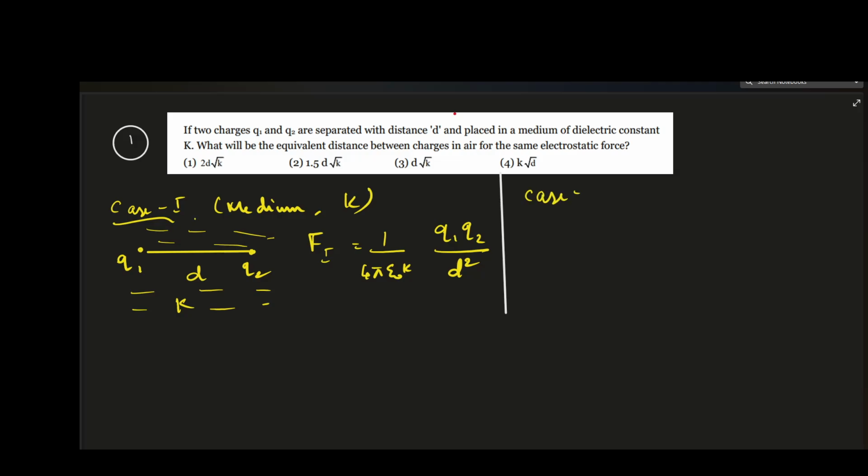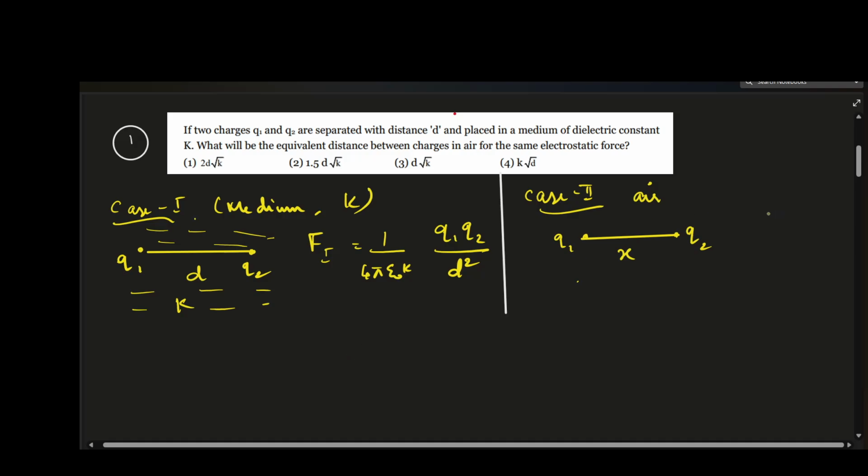Now in case 2, which is in air, we have the same two charges Q1 and Q2. The condition given here is that the force which is acting between the two charges is same in both the medium and in air. So if that is the case, we need to find what is the distance between these two charges in air. So they are stating that the force in case 2 and case 1 are going to be equal. So the force in case 2 can be written as 1 by 4 pi epsilon naught Q1 Q2